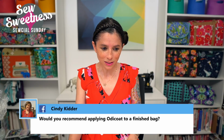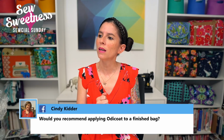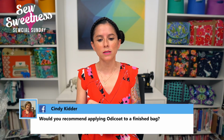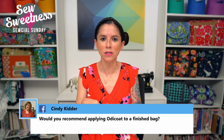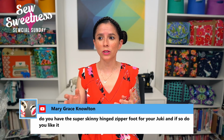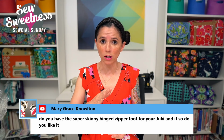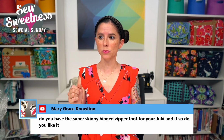Cindy says, would you recommend applying Odi Coat to a finished bag? Oh, that's a great question. I probably would not, just because I'd be concerned about applying it evenly, in crevices or near seams. I do like to apply it when it's just the fabric so that you can let it dry properly. I did iron mine on the wrong side of the fabric after I applied the Odi Coat, and it did dry